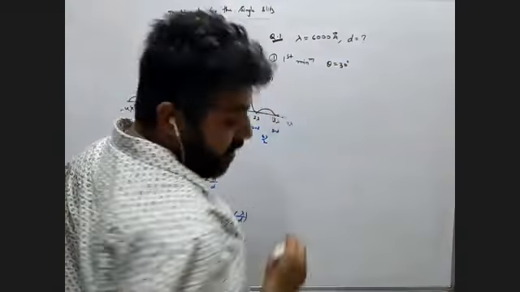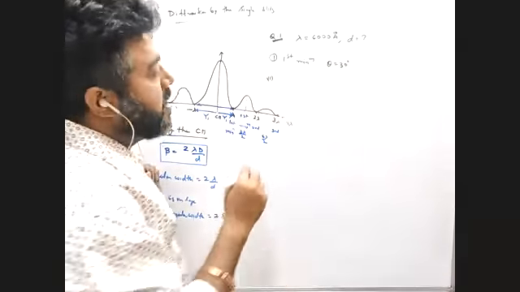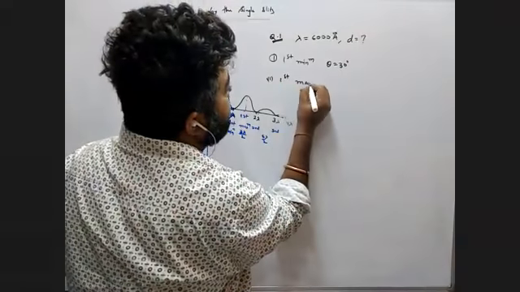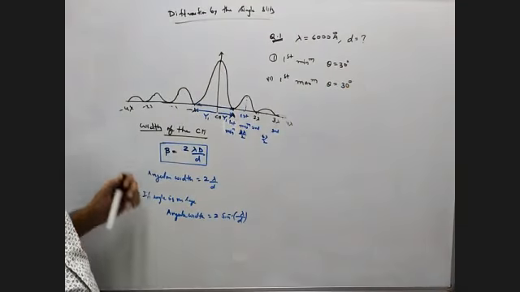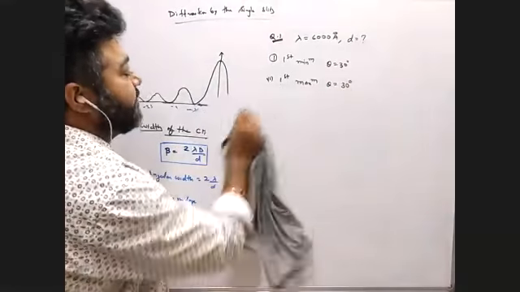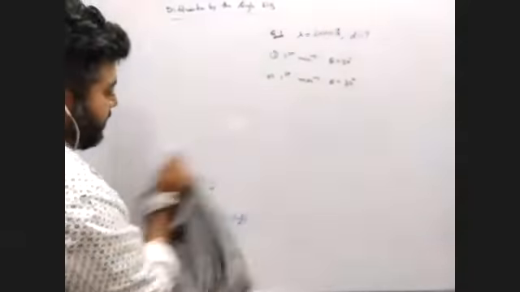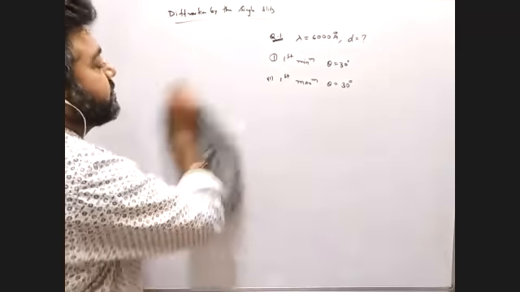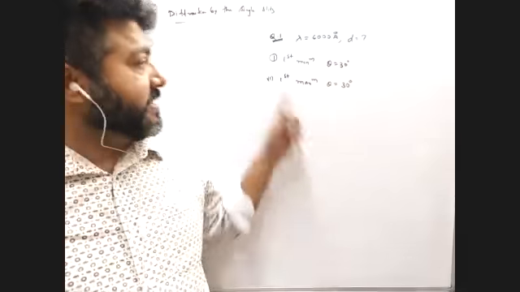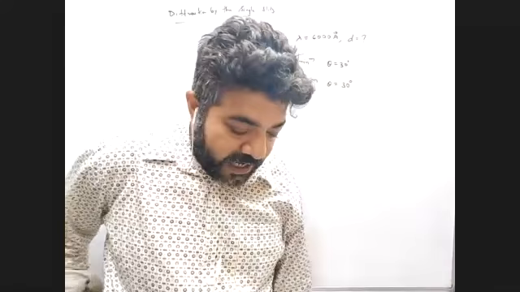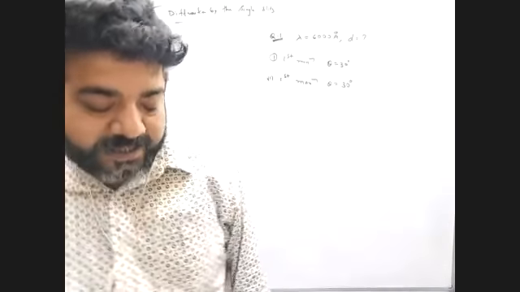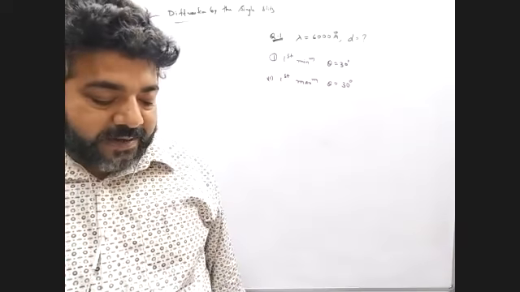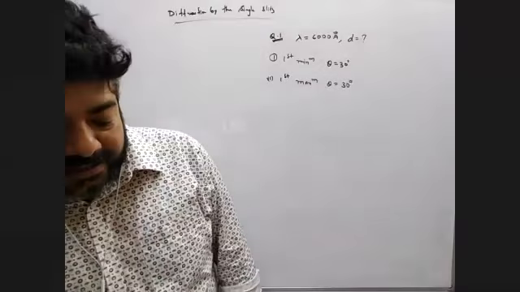Number 2, first maximum at an angle of diffraction 30 degree. This is my first question. I hope you can understand that question. Is it clear, everyone? This is my question number 1. A slit of width d is illuminated by light of wavelength 6000 angstrom. For what value of d will the first minimum fall at an angle of diffraction 30 degree. Number 2, first maximum fall at an angle of diffraction 30 degree.